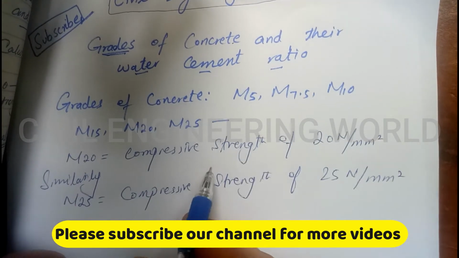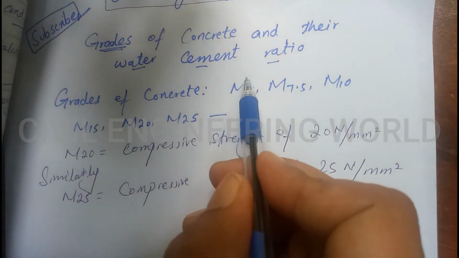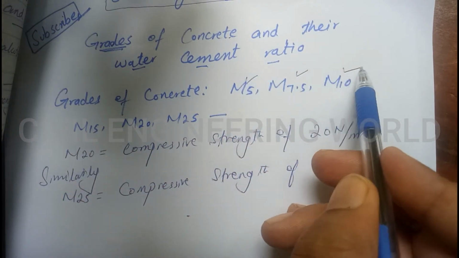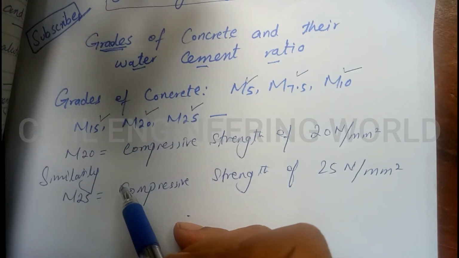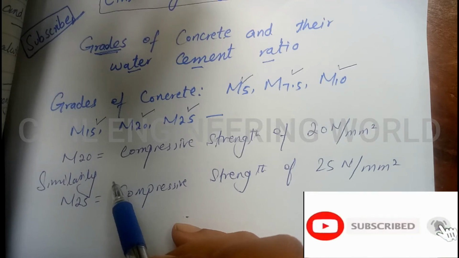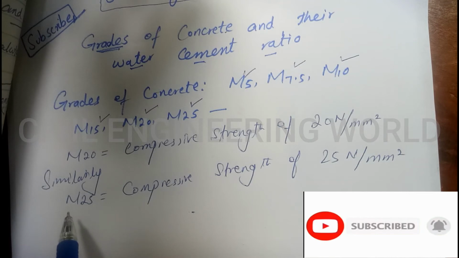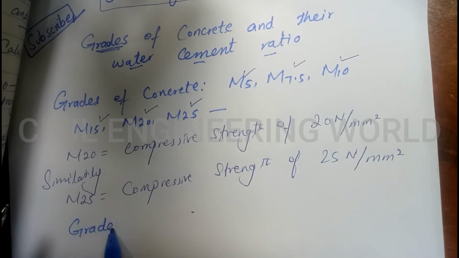Okay, so the question is, how much water is required for M5, M7.5, M10, M15, M20 and M25 grade concrete? If I make a table and tell you about the different mix ratios of different grades and the amount of water required, then we can understand very easily. So first we have to check what exactly the mix ratio of the different grades of concrete is. So here I am going to write grade of concrete,